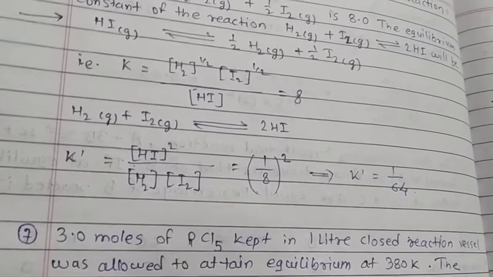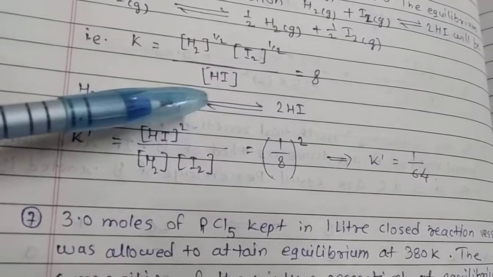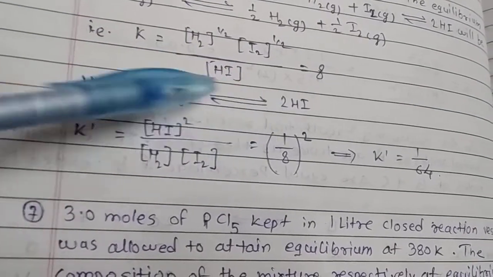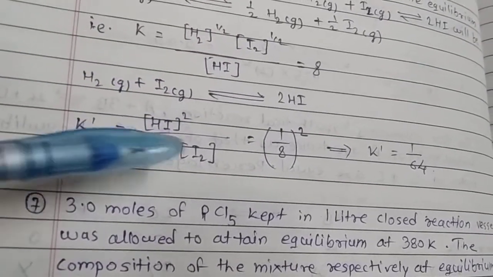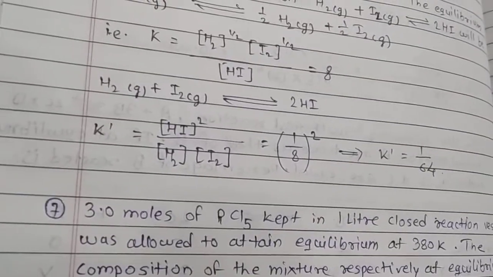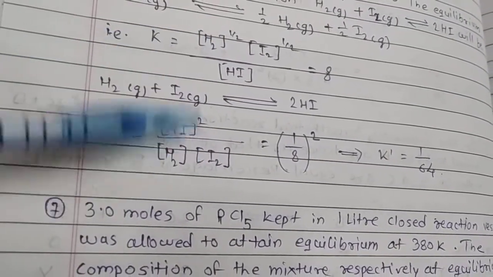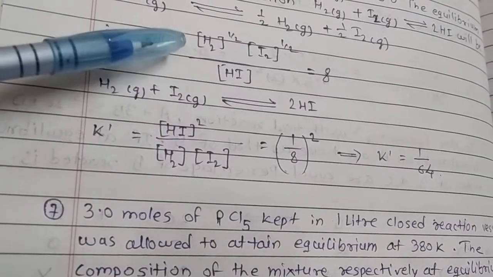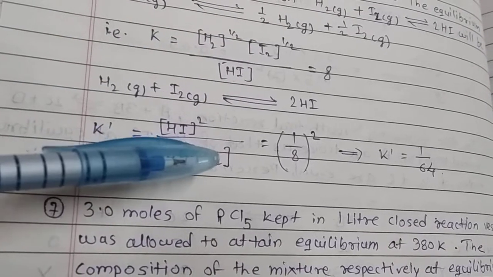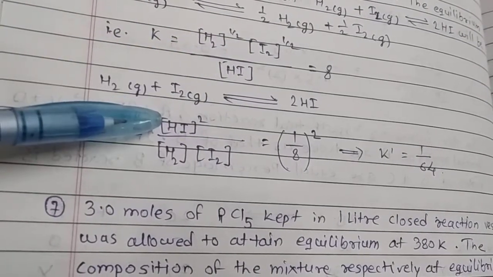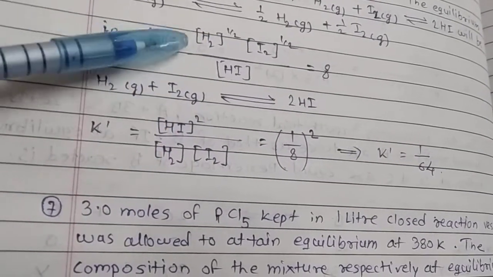So that reaction's equilibrium constant is denoted by K dash. So this is the reaction. So product again HI, and squared, because here there is 2, and in the denominator there is H2 I2. So if we see this and this, they are reciprocal, and the second one is double of the first one. If we see neatly, here H2 and I2 are half, here H2 and I2 are 1, here HI is 1, here HI is 2. So second one is double of first one and it is reciprocal of the first one.